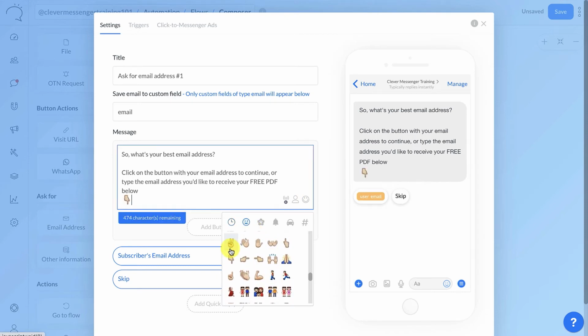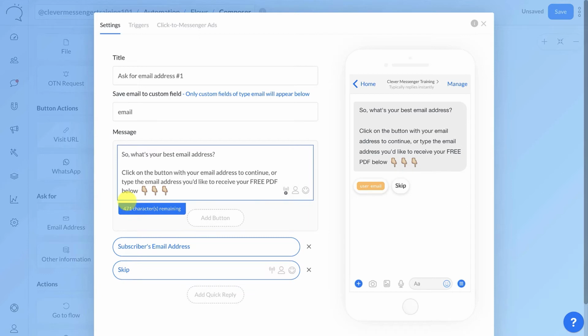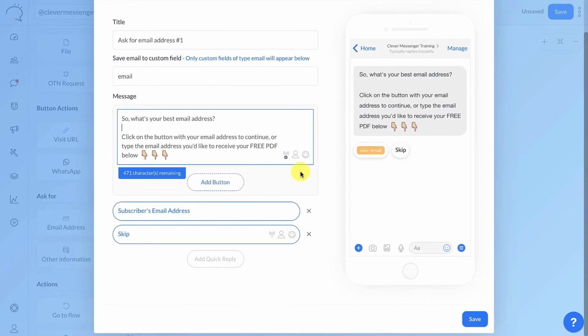Let's go with the hand icon this time. Let's add 3. And let's make sure that looks cool. Awesome. Now moving on, we can see actually that we can add a button, and we have some quick replies